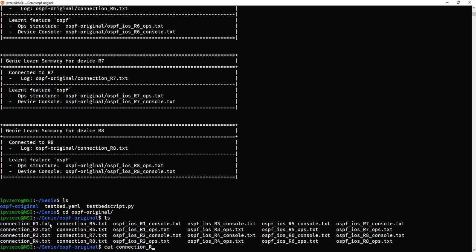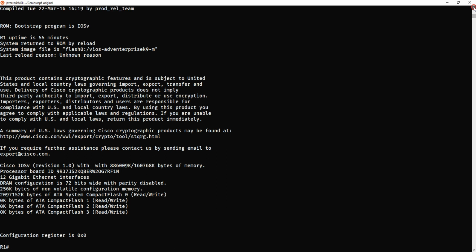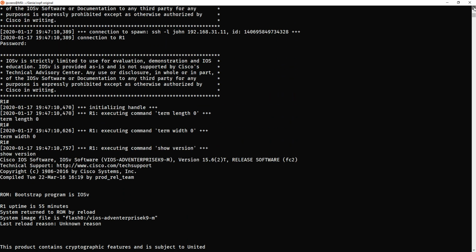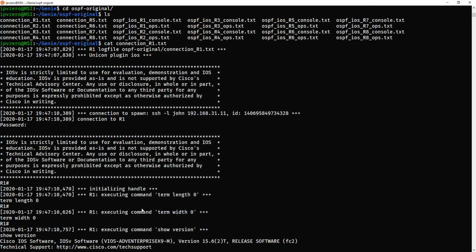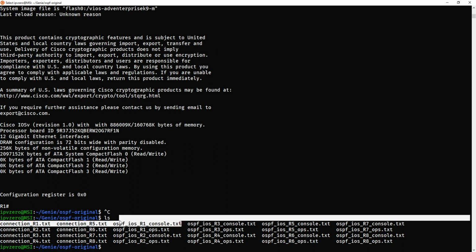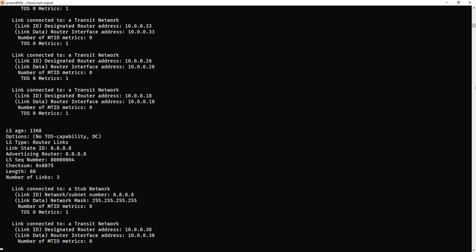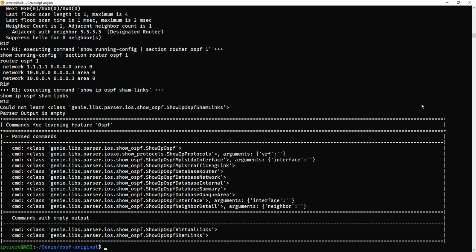I'd just like to see that actually quite quickly. These are just the things that Genie ran on the machine, okay? Terminal length 0, terminal width and whatnot. That's not really important. The stuff we're really looking for, to see the ops ones, this is really going to give us the information. The console is pretty much the commands that it runs, so I'll show you that as well actually. So R1 console, you'll see all the OSPF commands, just a lot of them as you can see